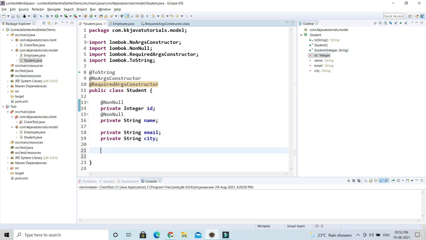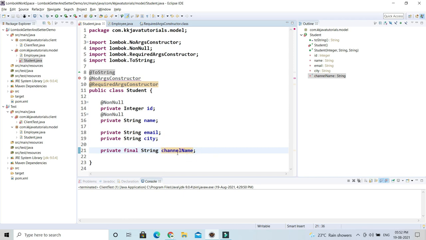Let's say you add a final field: private final String channelName, and let's say I do not initialize this channelName. Then the no argument constructor is showing a compilation error.